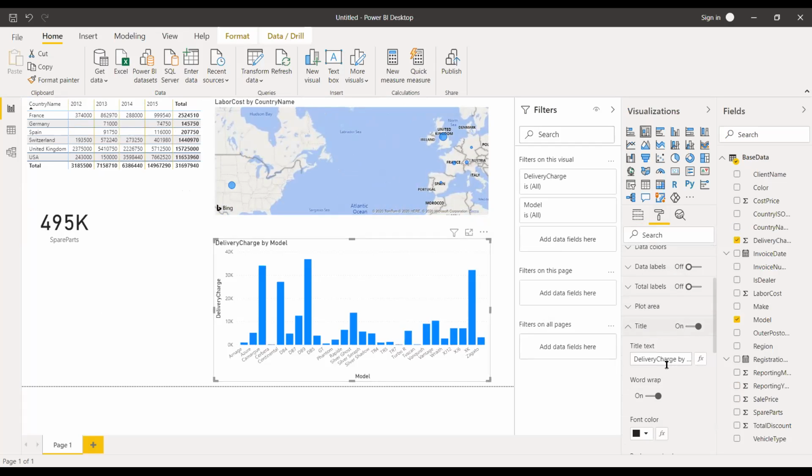Title is on. Delivery charges by model, this is the bar graph. You can change the title to model wise delivery charges. I change the heading.